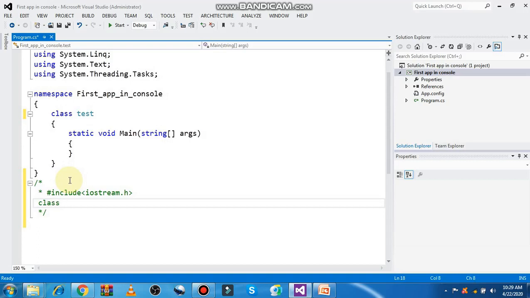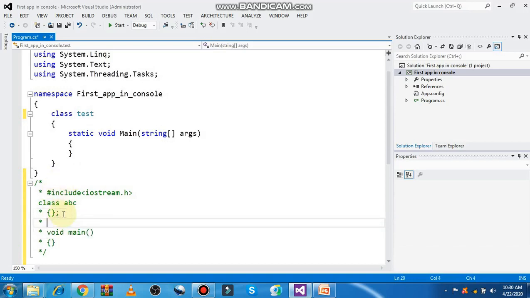Let's say the name of the class is ABC. Then the class body, and at the end of the class body there is a semicolon, and after the class body we have a separate main function, which is outside of the class body. This is the main function.